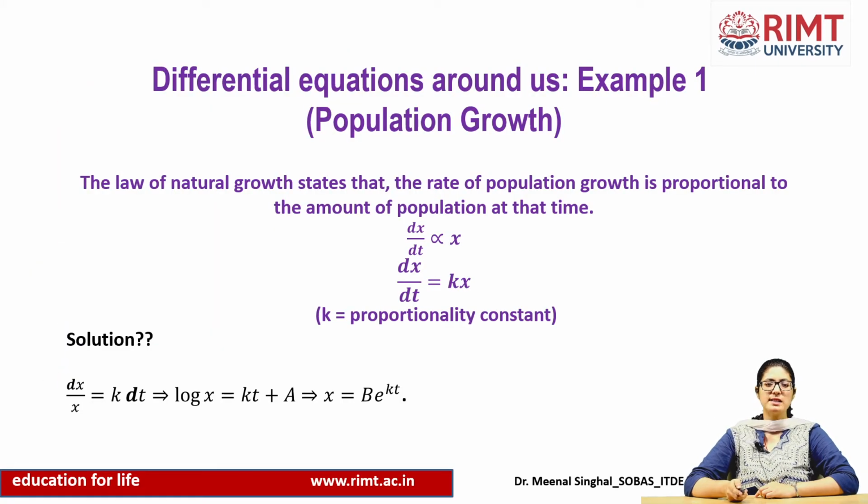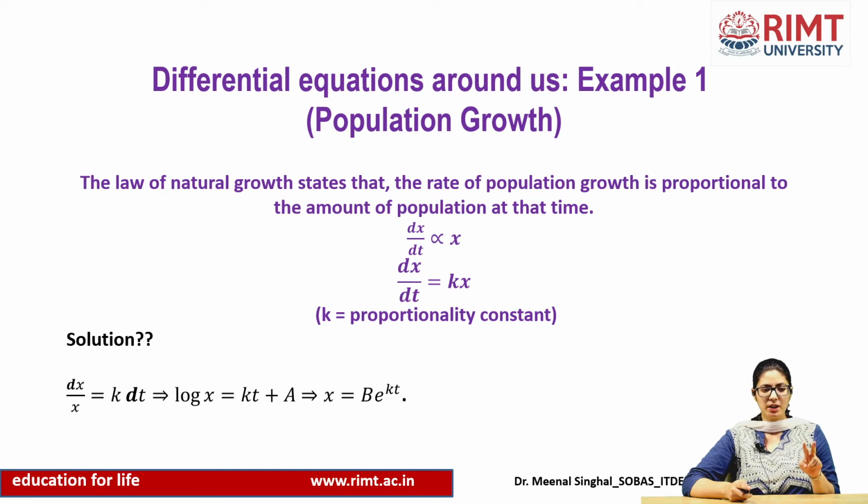In the first case, our differential equation was dx by dt is equal to kx. Here we have derivatives. When you solve this, you want to calculate what is x corresponding to this differential equation. So, we wanted to get rid of these derivatives. What is the obvious answer? The obvious answer is you integrate the given equation. In the first case, we separate the variables, that means we move all the x terms to one side, all the t terms to the other side, and then we perform the integration.